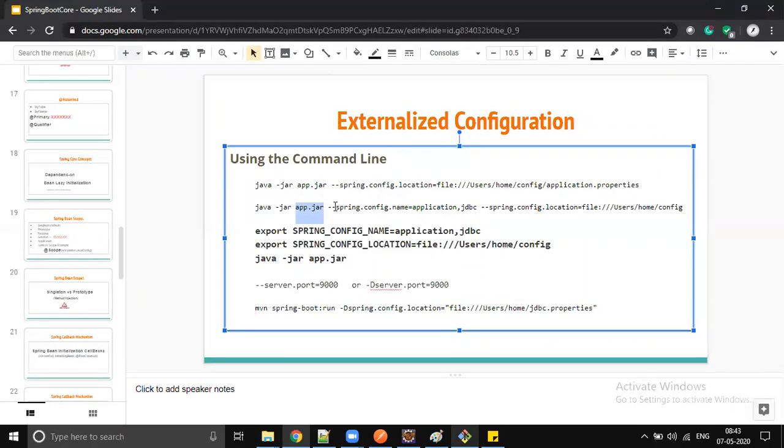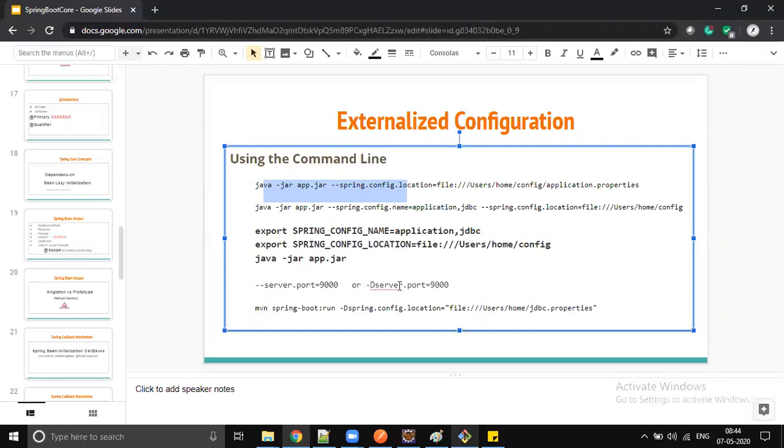Here, you have to use spring.config.name to specify the properties name. You don't need to specify dot properties; you just give the file name without it. And you have to specify spring.config.location, which is the folder where these two properties files are present. So this is for multi-loading. The second command is to load multiple properties files, and the first command is to load only one particular properties file. This is the real-time approach. This is what we used to do.